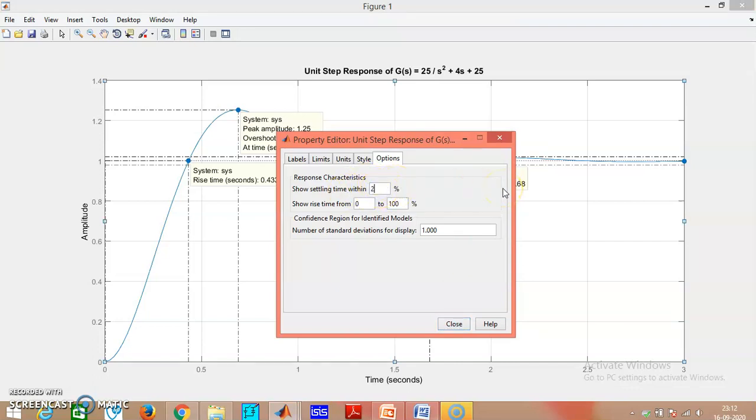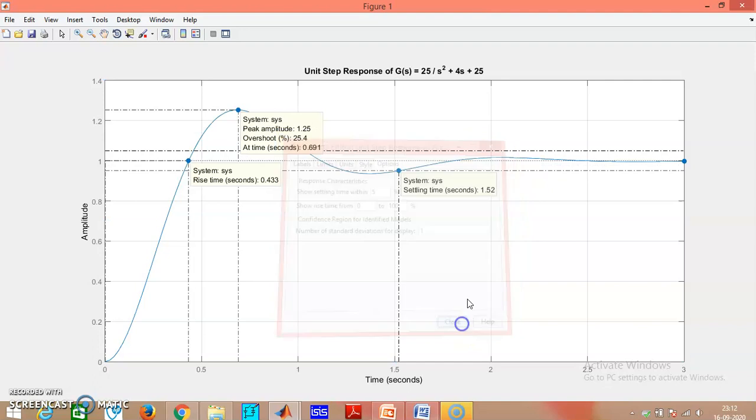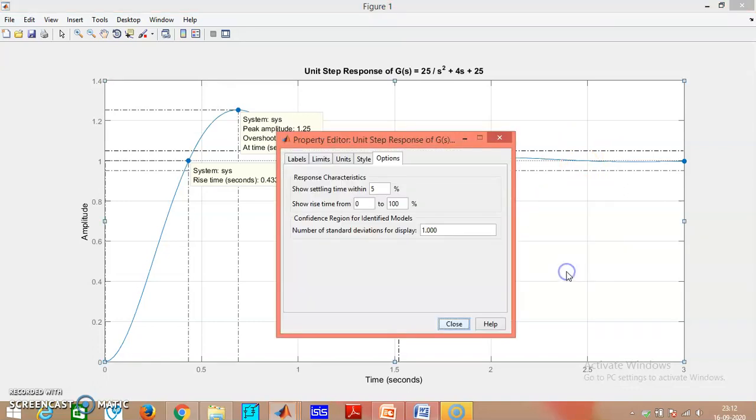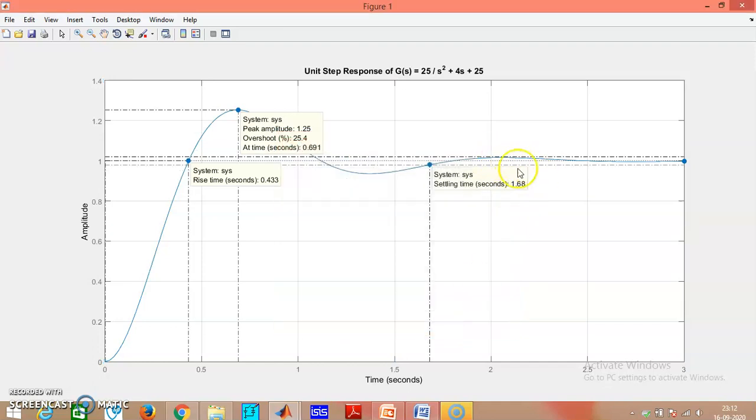If I want the tolerance for 5%, for example, and if I press enter here, then you can find that this tolerance band has been increased. So let us keep it at 2% only. So I will change this to 2%. You can find that here the tolerance band has been changed.